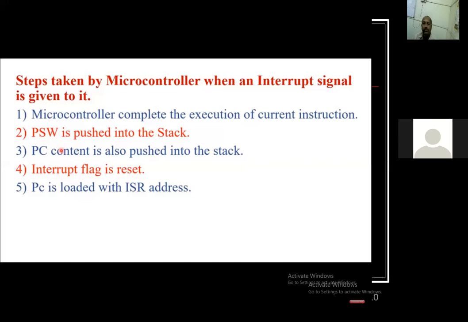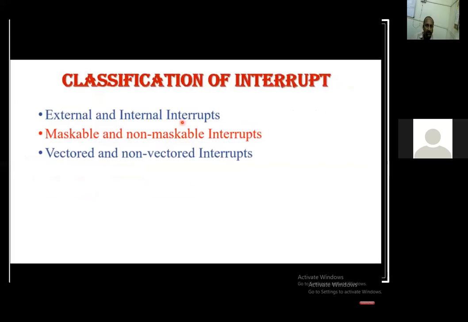So till now we have said that the ISR, interrupt service routine, has a fixed location and address. What is the address? In the next slide, we are going to see which addresses are predefined for each of the interrupts. Before that, we will see the classification of interrupts.